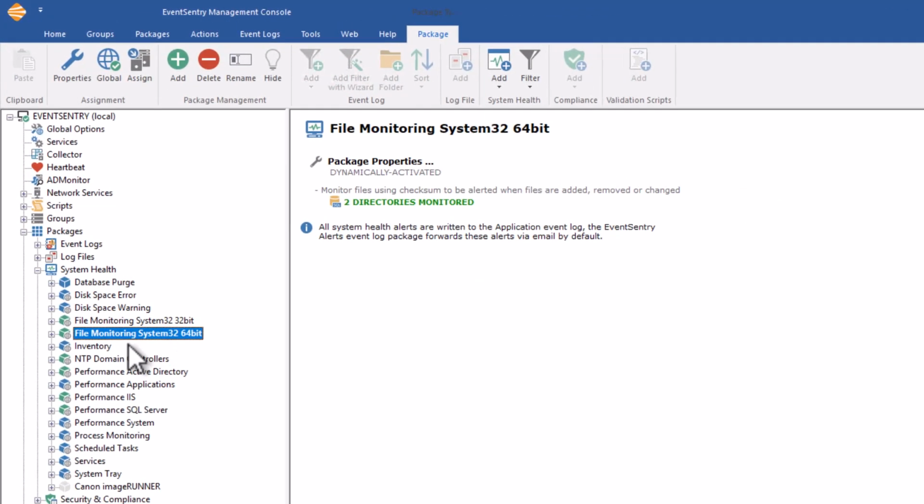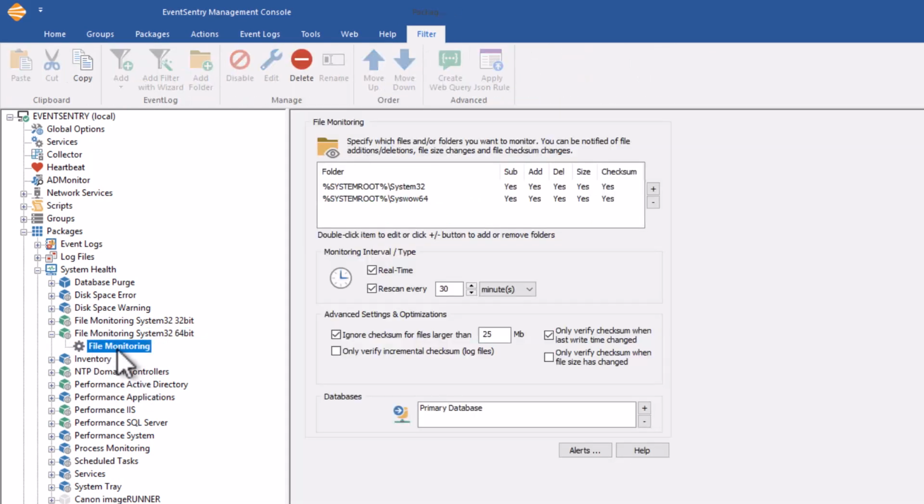So if we take a look here at file monitoring System32 64-bit, if we expand that package, of course, then we'll have a file monitoring object in there. And you can see that we're monitoring two folders in here. So we're monitoring the System32, which is of course for the 64-bit files, but then we're also monitoring the SysWOW64, which are 32-bit files. Before going to configuring that, let's look at some of the general options that are available